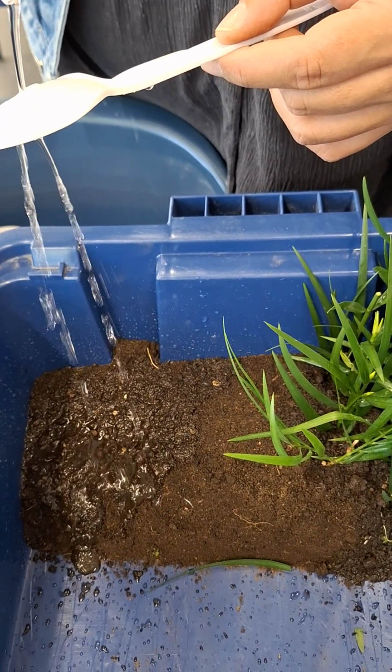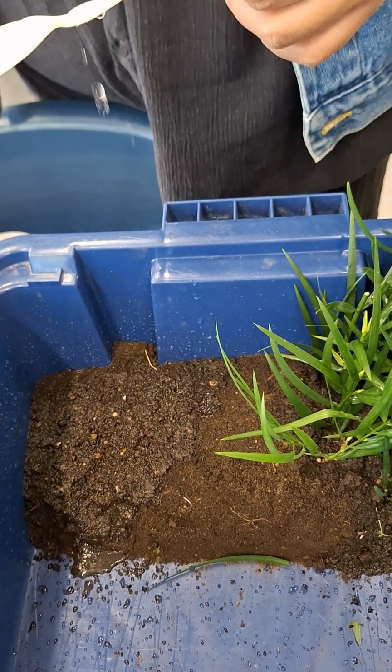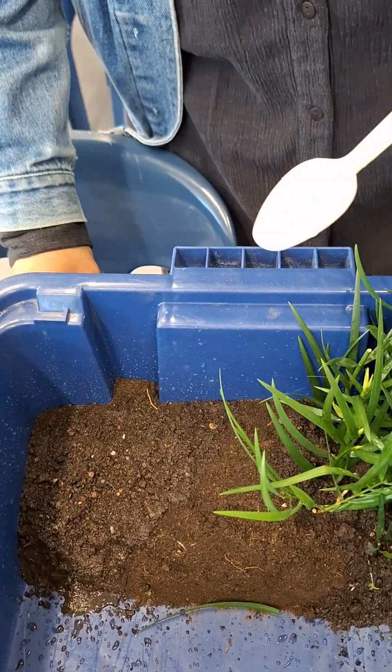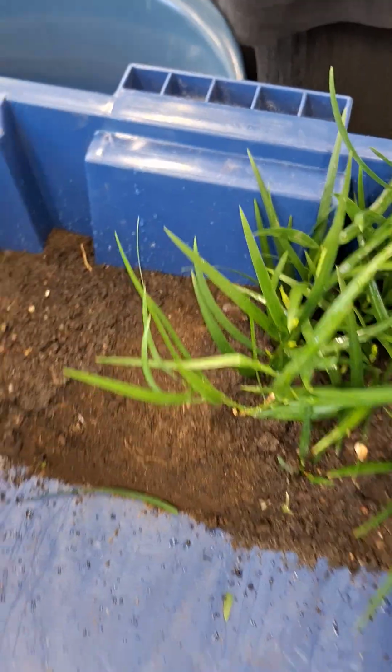Here we come. So I think what we're looking for is water, maybe double this. We might end up having to put 160 ml of water through. All right, so that was the soil mixture. Now we're going to go over to the 50-50 and do